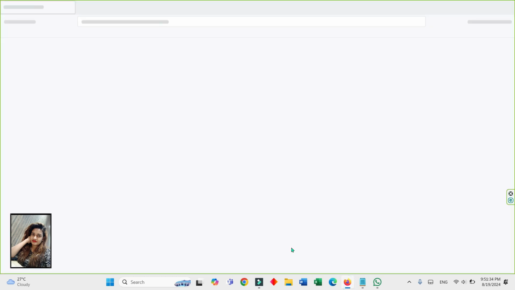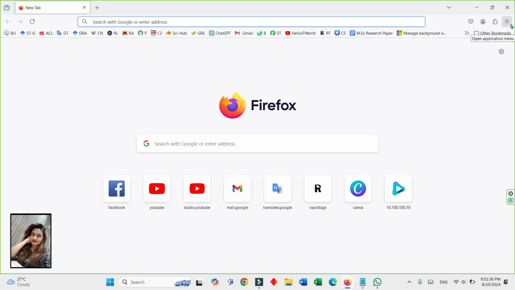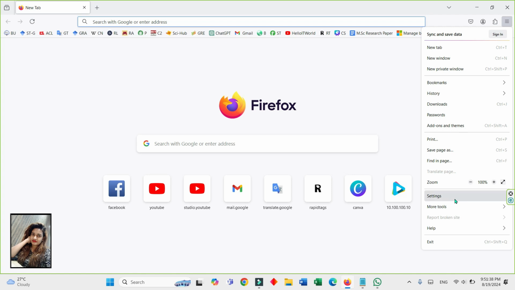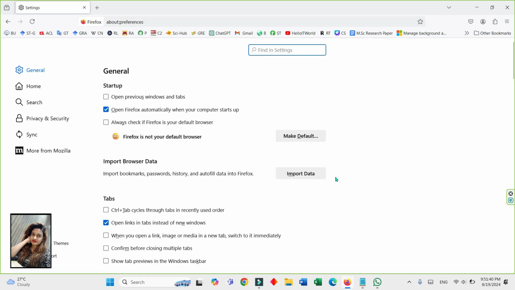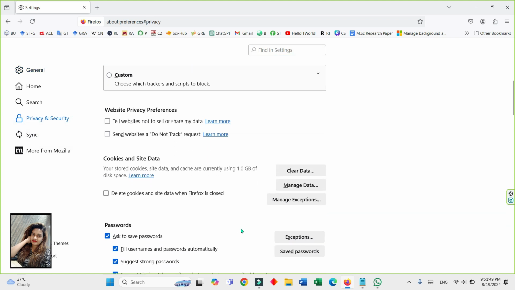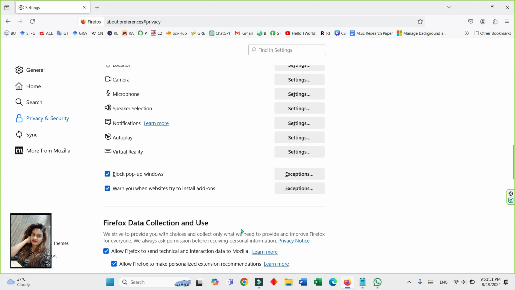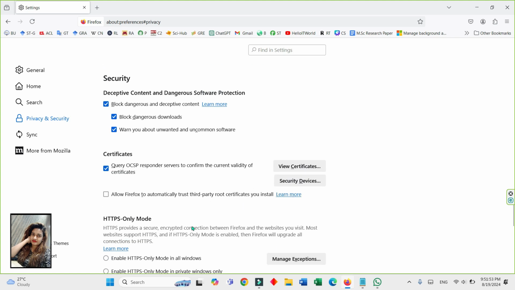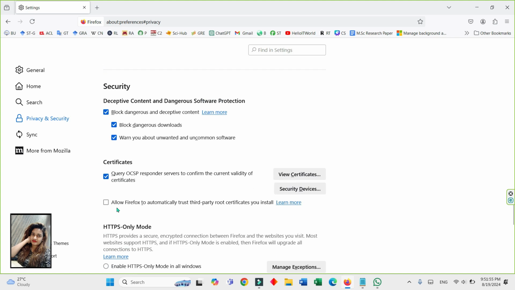Click here and go to the three bar icon, click and press Settings. In Settings we will get lots of things, so we press Privacy and Security. Below, I scroll and we will get the Certificates. See here the certificates, and the next option, allow Firefox to automatically trust third-party root certificates